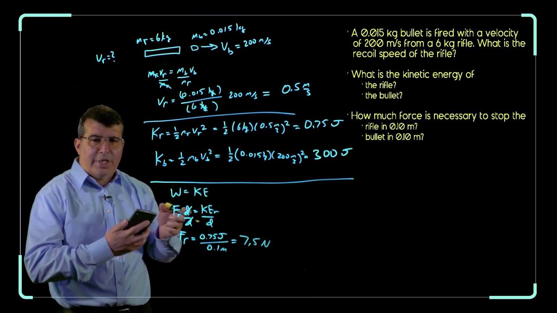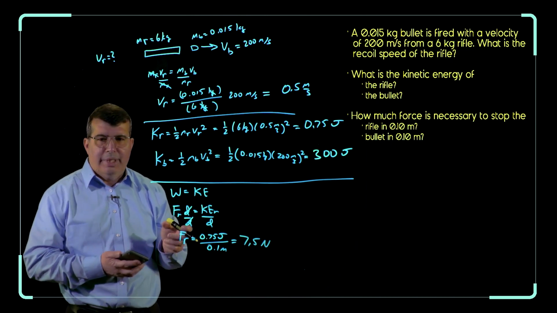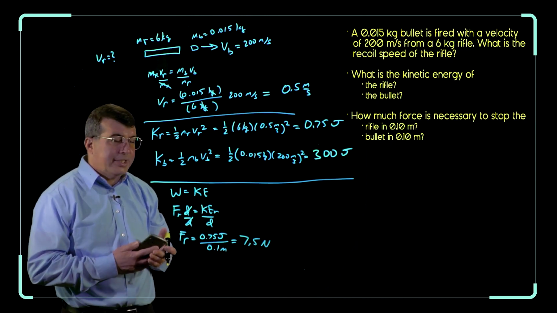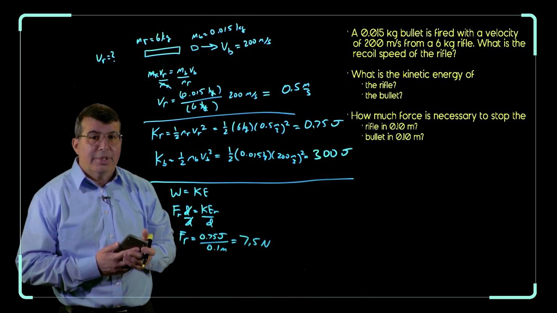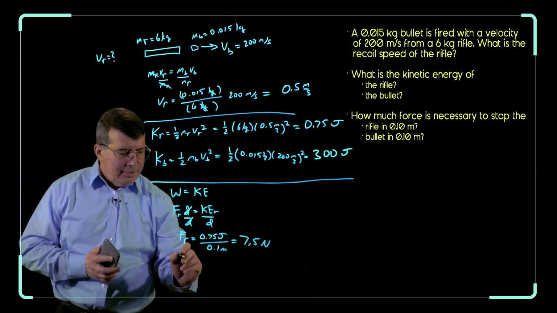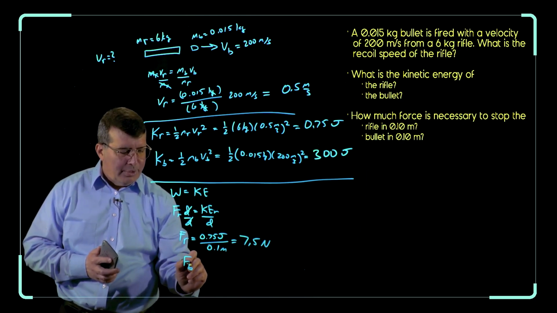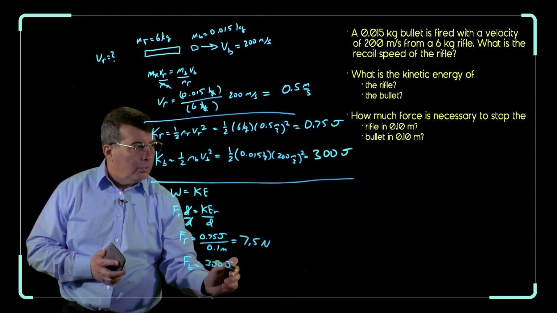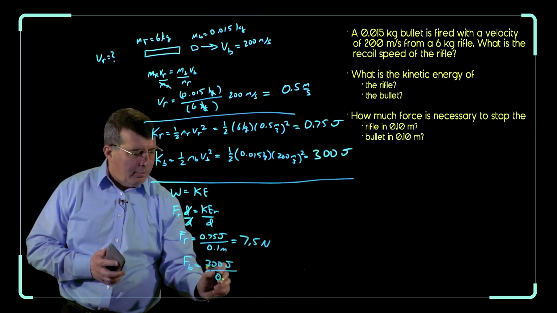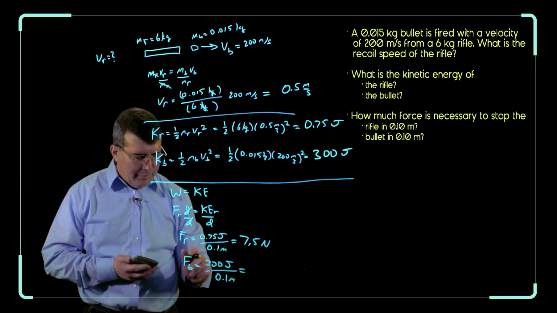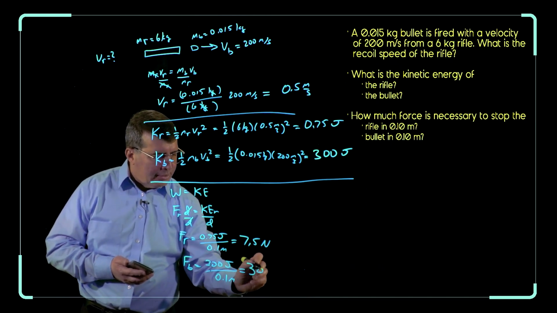So to stop the recoiling rifle in 0.1 meters only takes 7.5 newtons of force. The force to stop the bullet in that same distance would be 300 joules divided by 0.1 meters, and that would be 3,000